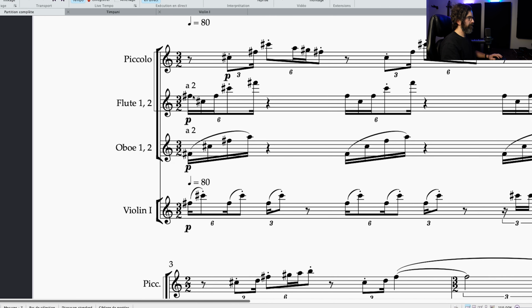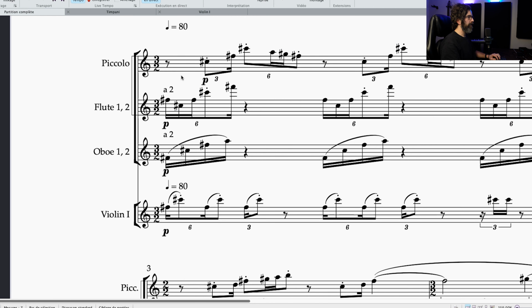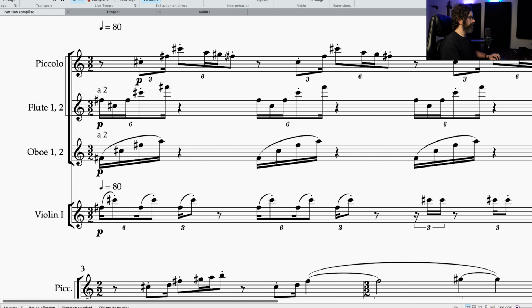So we got this here, and this is all in sextuplet for the piccolo and the flute as well. The line is going up a little bit on the piccolo, and then touching some of the notes here to go back on the F sharp. But see that the main notes are here, the F sharp and the C sharp. We just add some of the small notes here to create a little bit of extra color.